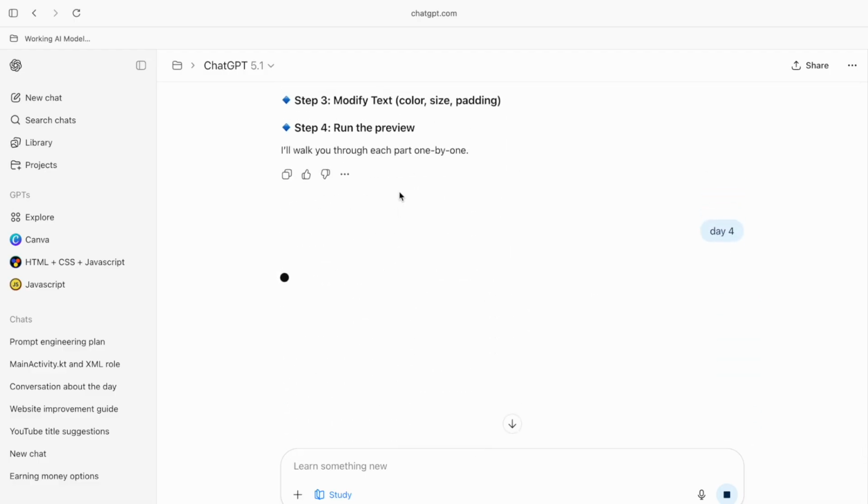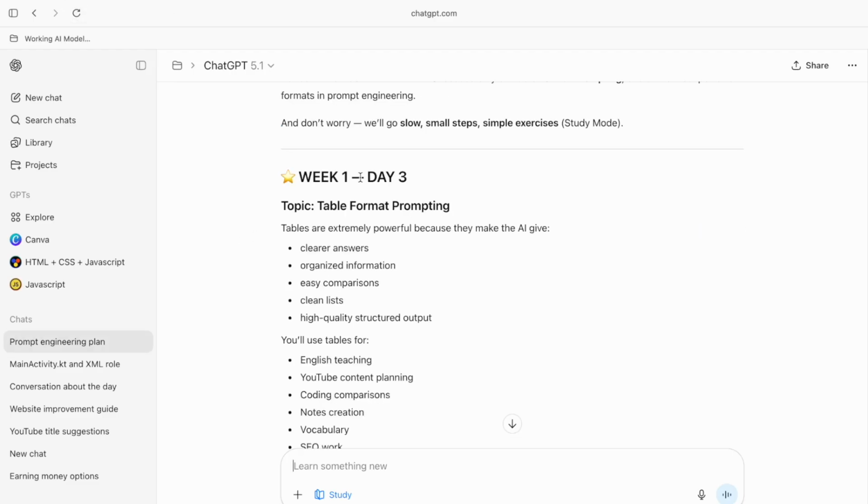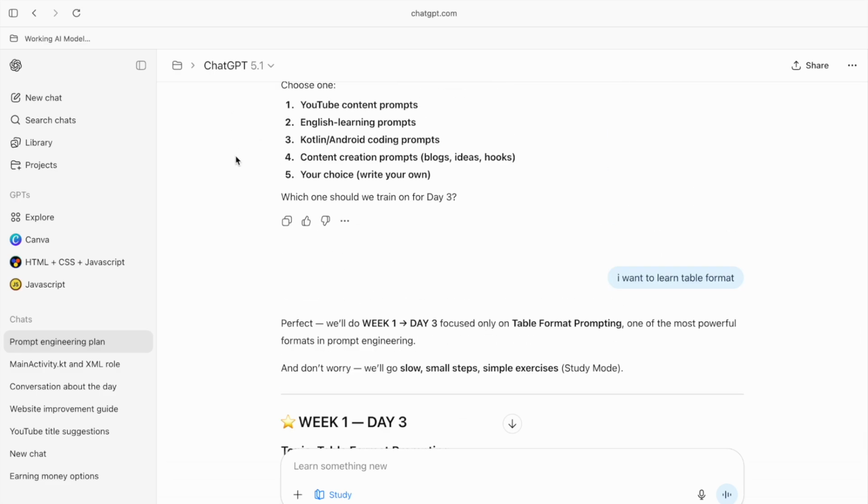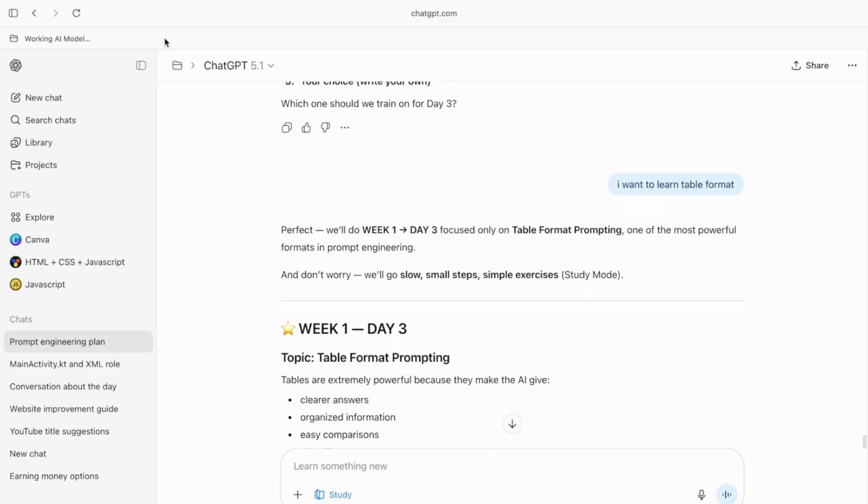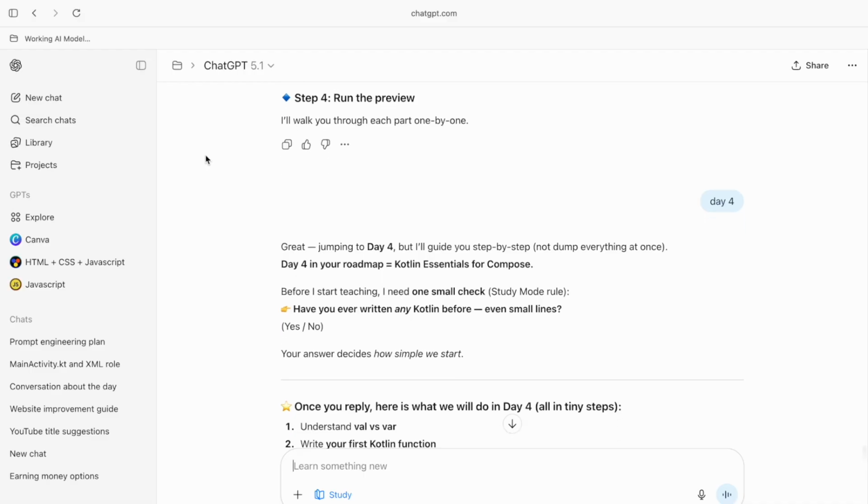Here you can see in week day 3 it's saying that, let me cut this one. Let it be that. So we're gonna learn about